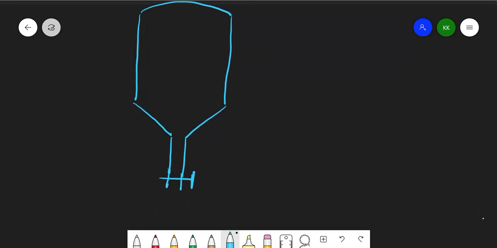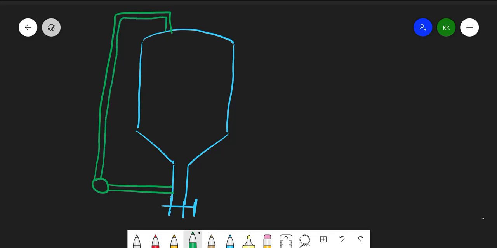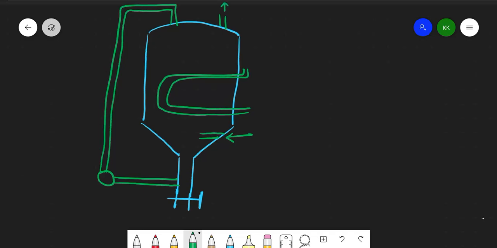And here there will be a pump like this, which is connected like this to this. Here there will be one more column, and we call it the inlet, and here it will be the outlet, right? So let me tell you what the things are.